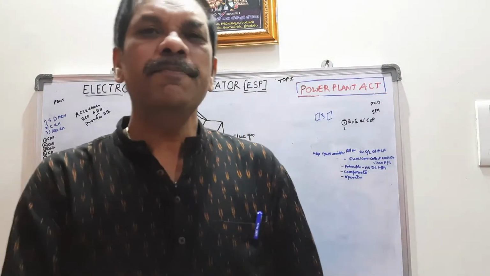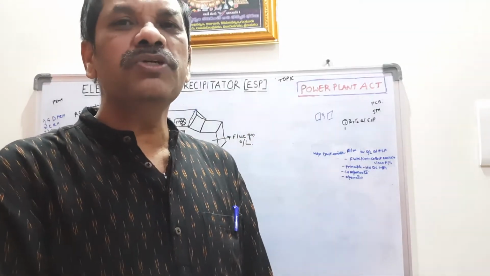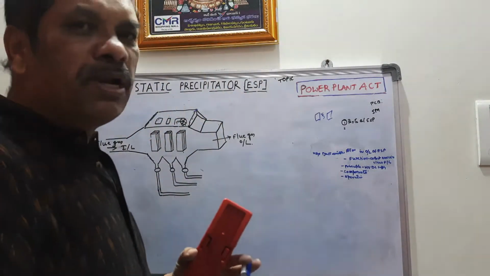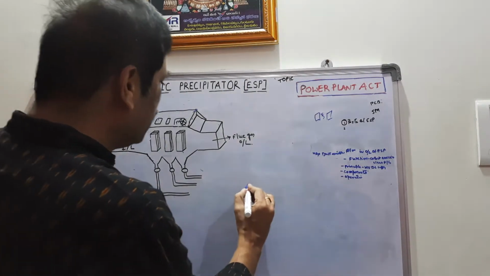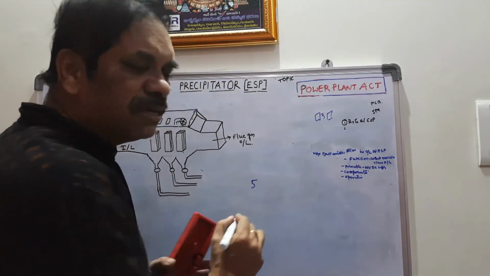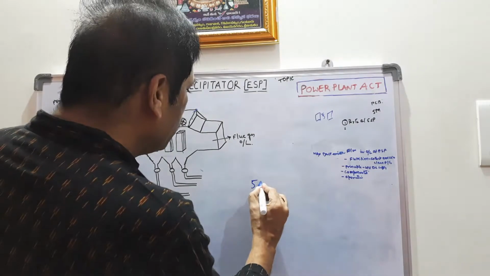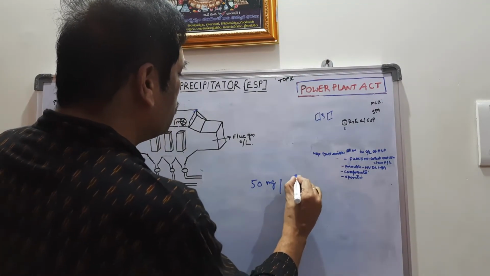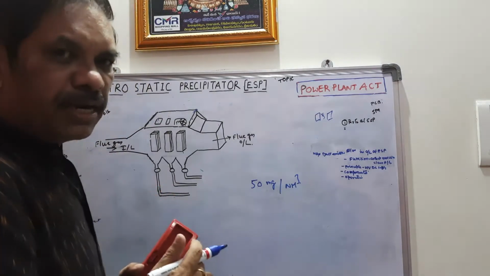Once again inviting you to my new topic, electrostatic precipitator, popularly known as ESP. This topic is important so far as Pollution Control Board norms are concerned. The maximum allowable dust emission from ESP, as standardized by the Pollution Control Board, is 50 milligram per Nm cube. So, for your information,